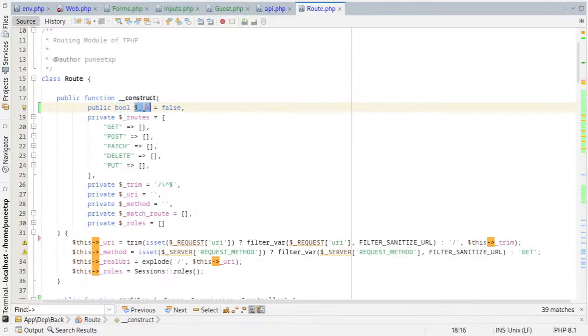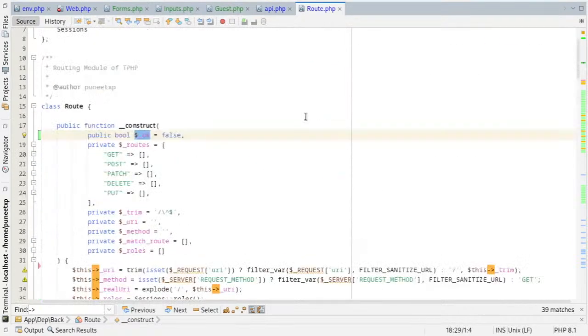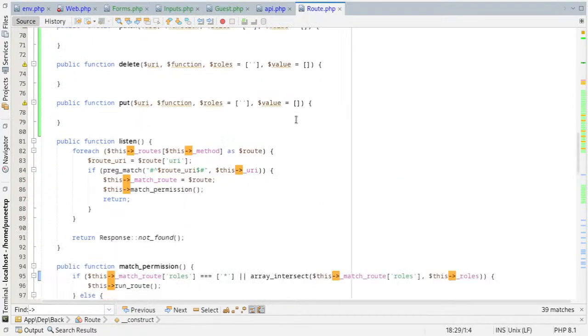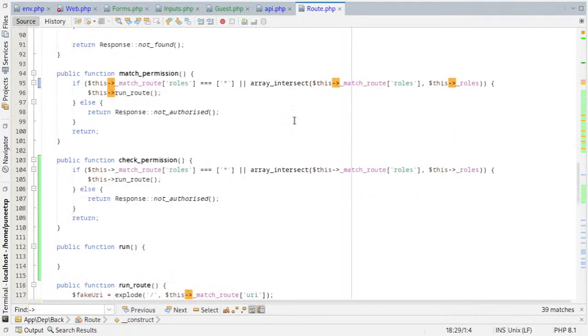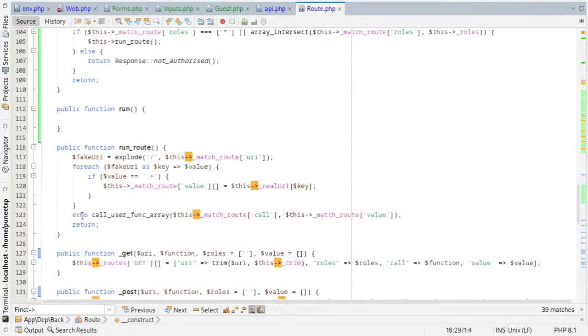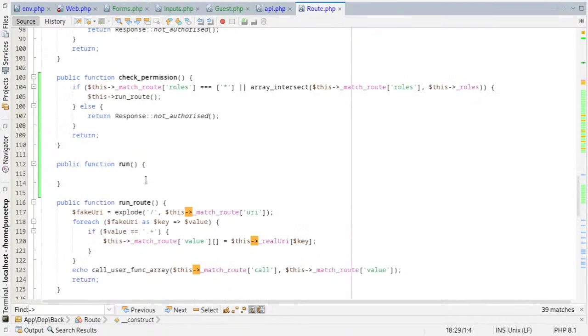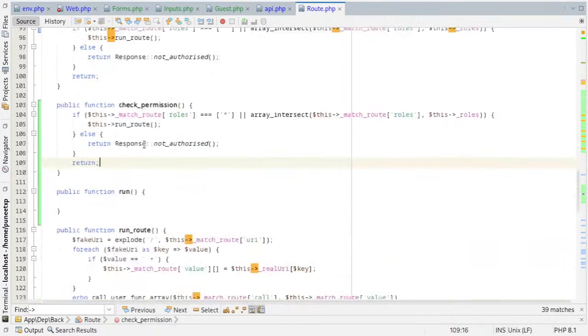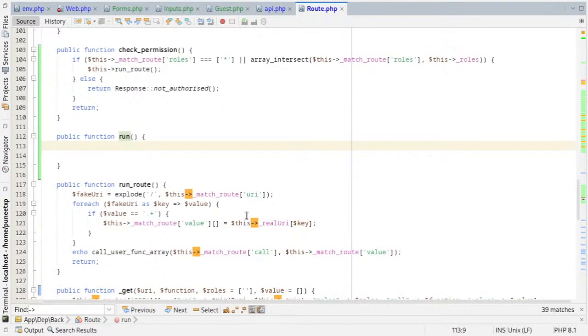Maybe, yeah. So this is okay. And where is the return null? Match permission, check permission is somewhat the same. So first of all, we're gonna